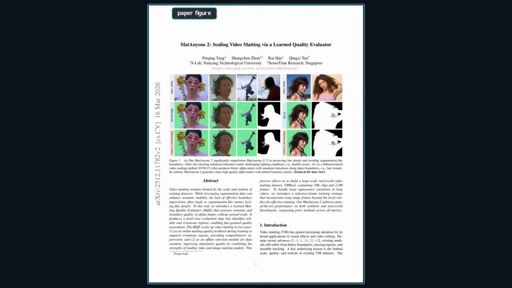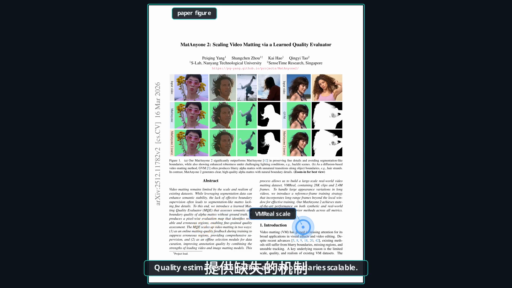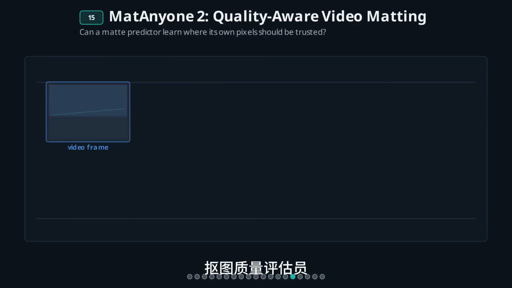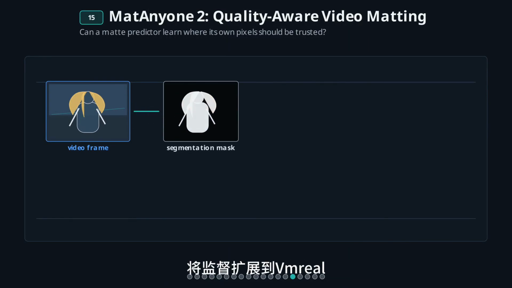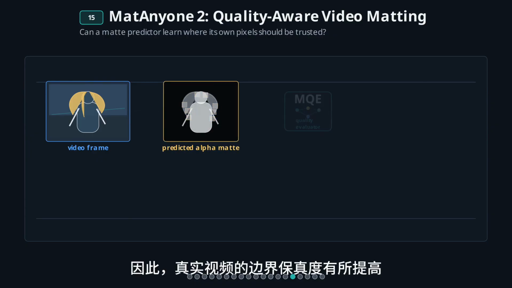MatAnyone2 begins at the input video rows, compares older outputs that either harden boundaries or blur fine hair, then lands on MatAnyone2, preserving soft alpha detail. The abstract beneath the figure supplies the missing mechanism. The matting quality evaluator estimates which alpha pixels are reliable, scaling supervision into VM Real, so boundary fidelity improves across